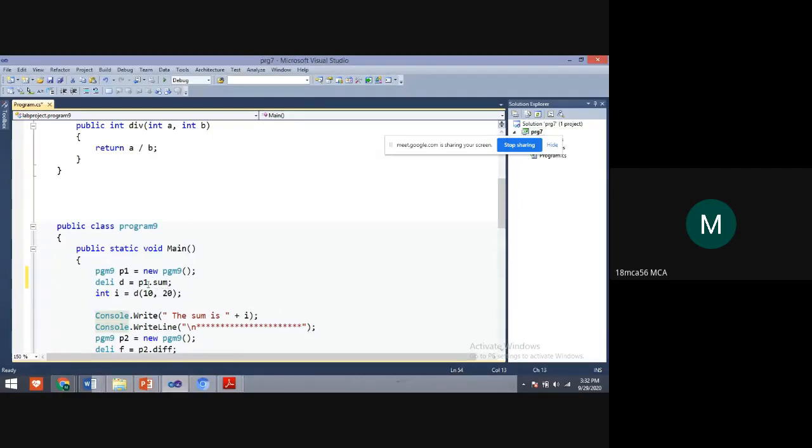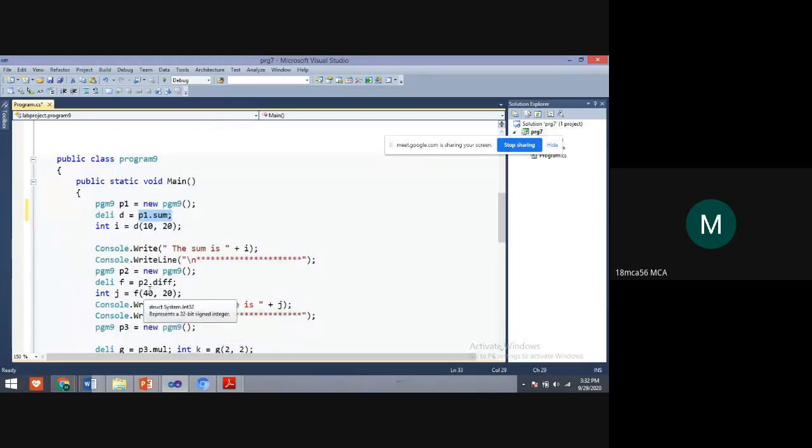And here, this 10 and 20, we are passing 10 and 20 for the sum method, and 40 and 20 here.